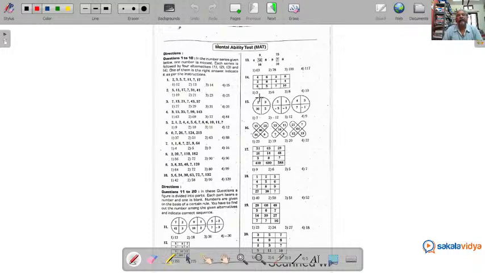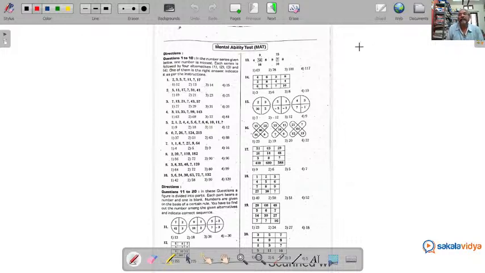I suggest all the aspirants of NMMS please go through every question here. What types of questions will be given in the examination will be discussed, and clear directions will be given on how to solve the problems. Some techniques, tips and tricks will be discussed during our session. Let us start without wasting our time.